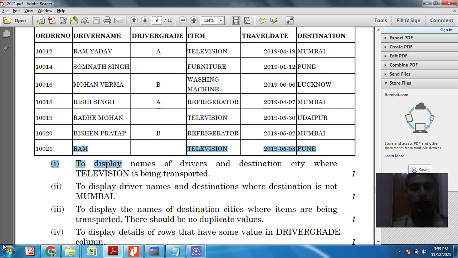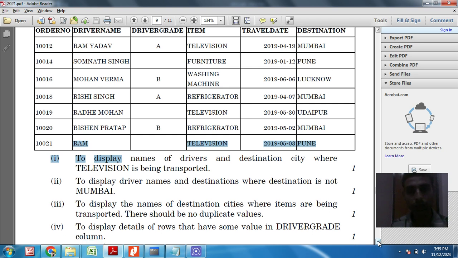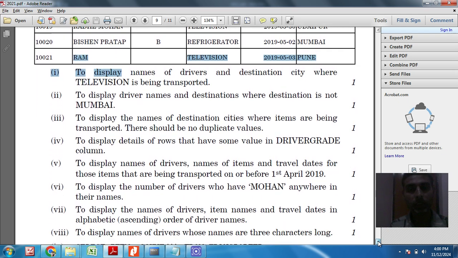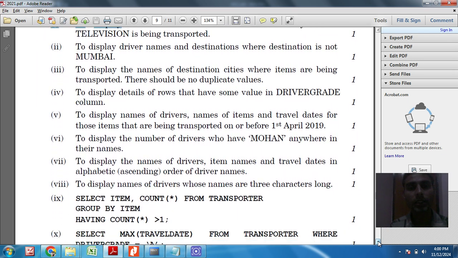Our next question, come to the next question. Question number 5. To display the names of driver, names of items and travel dates for those items that are being transported on or before 1st April 2019.